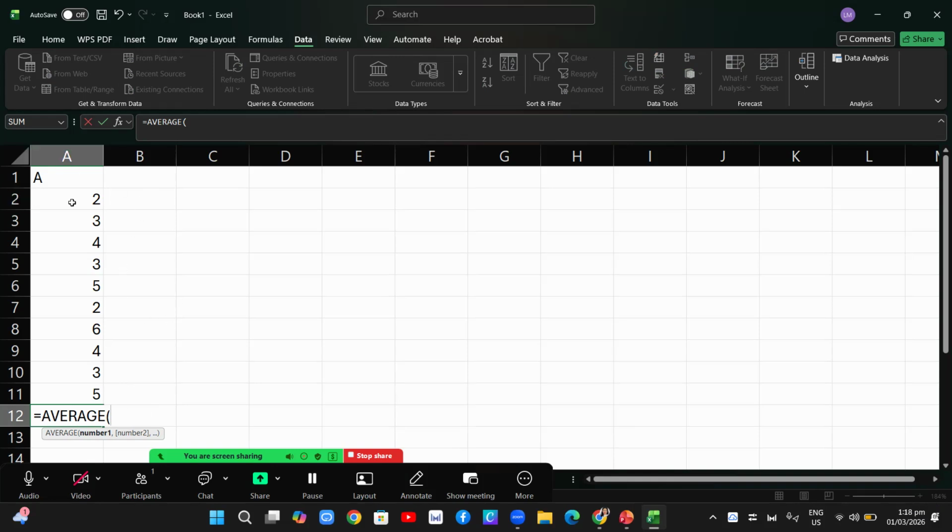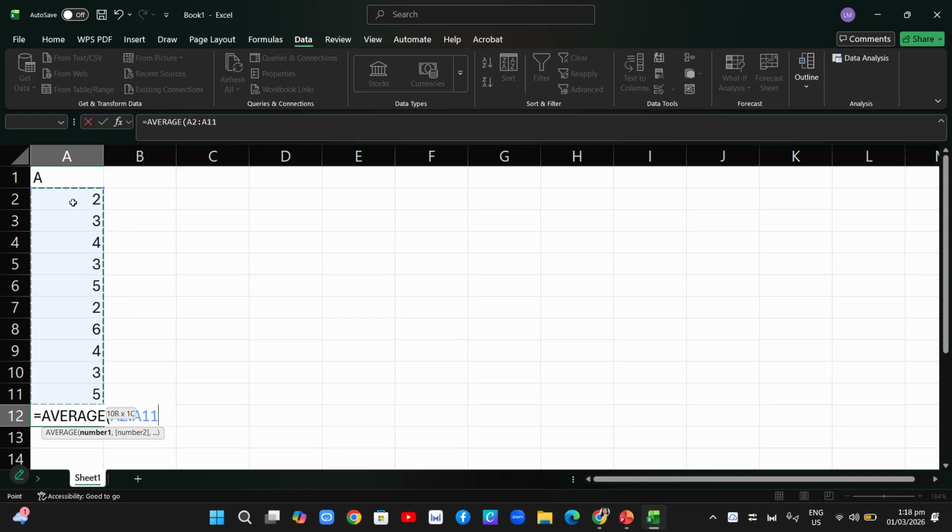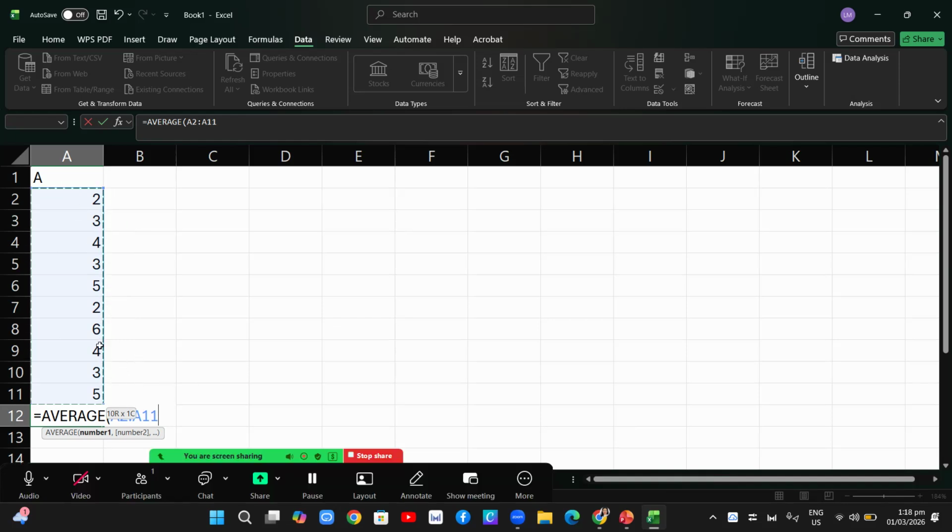This is A2, the value, and then on your keyboard, press Shift and then press the down arrow, until A11. Then after that, you can put a close parenthesis and then press enter on your keyboard.